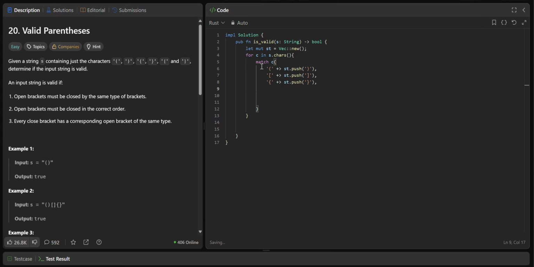If we don't encounter any of these when we are going through the character in s, the default should just be if it's not equal to, then we're going to return false. So if st.pop, so we're removing the last item when we use pop,